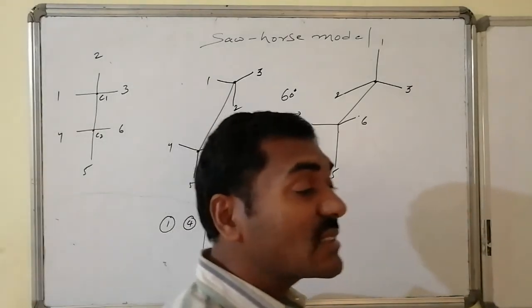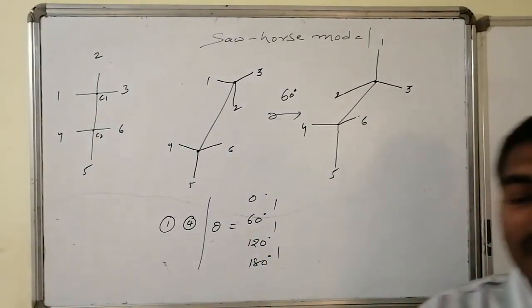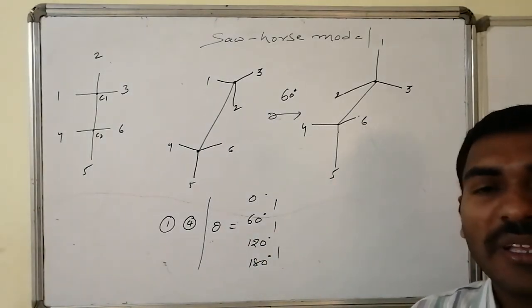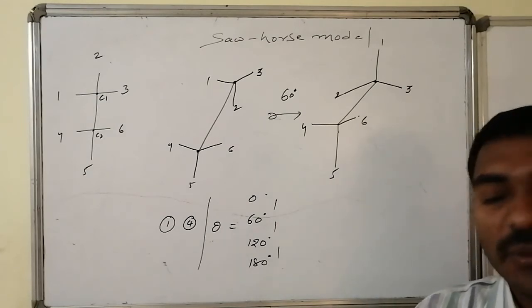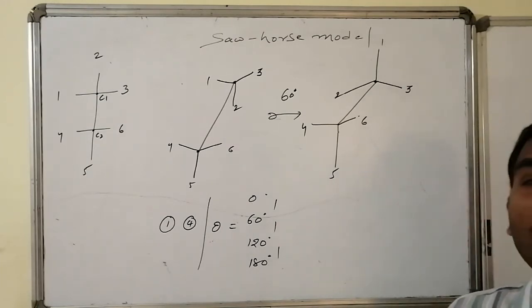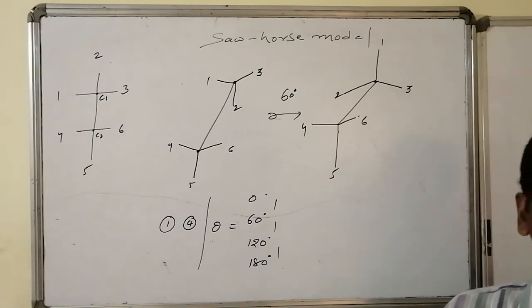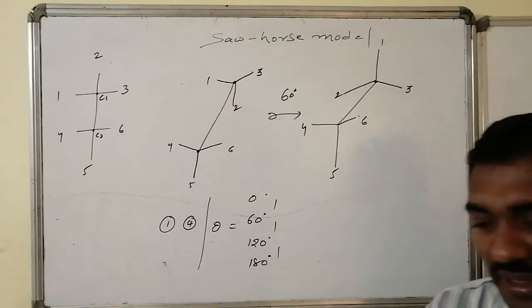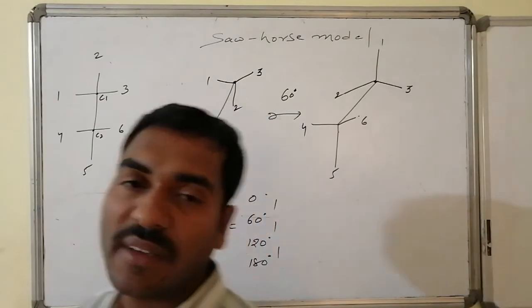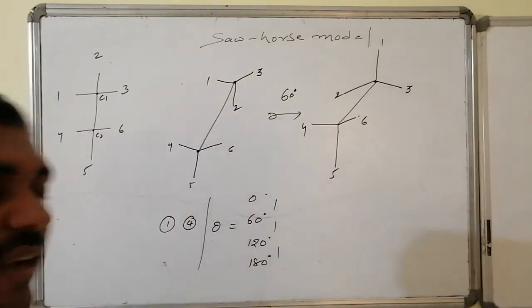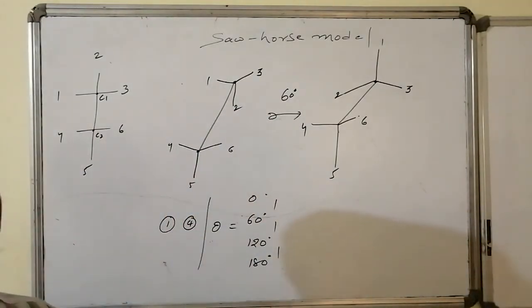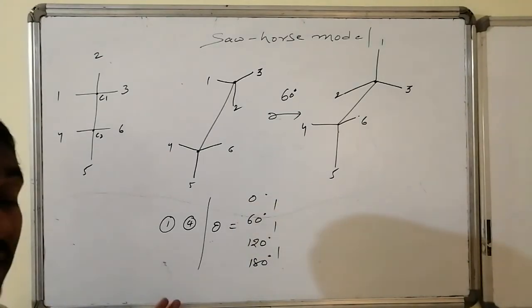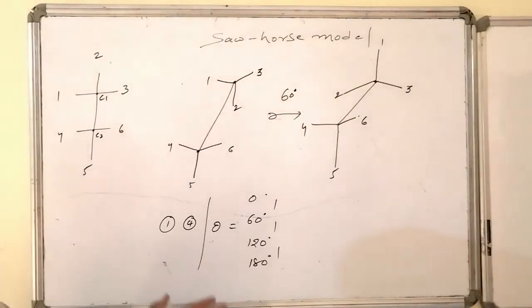Thus Sawhorse is the best. Why is Sawhorse best? You can visualize all, you can apply the Fischer rule, you can get all varieties, you can make any angle between the reference valencies of the adjacent carbon atoms of a model. Thus Sawhorse is the best model, because these models help a lot in understanding the mechanism. And before going to the importance of every particular variety of model in eliminations as well as additions related identification of the product, first of all we will write the interconversion from one model to the other model.